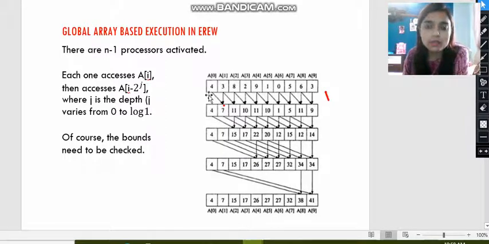So what we have done is we have added the first two numbers and stored the value at a1. Then I added 8 and 2, which are in a2 and a3, and stored the result at a3. Then I added a4 and a5 and stored the sum at a5. Then a6 and a7 are added and we have stored the value at a7. Then a8 and a9 are added and the sum value I have stored at a9, and this is done at i equal to 0.